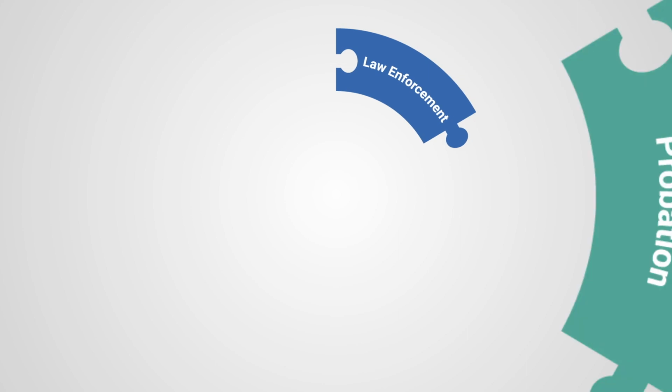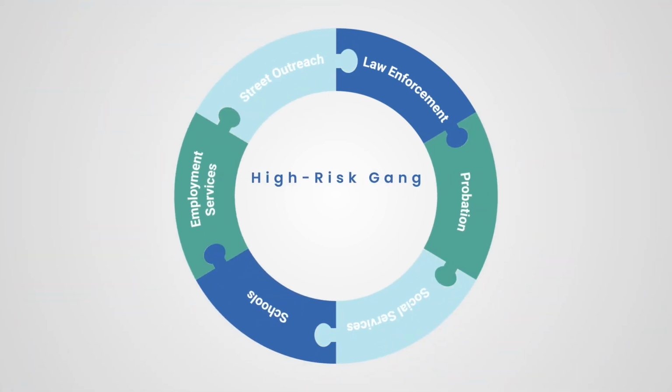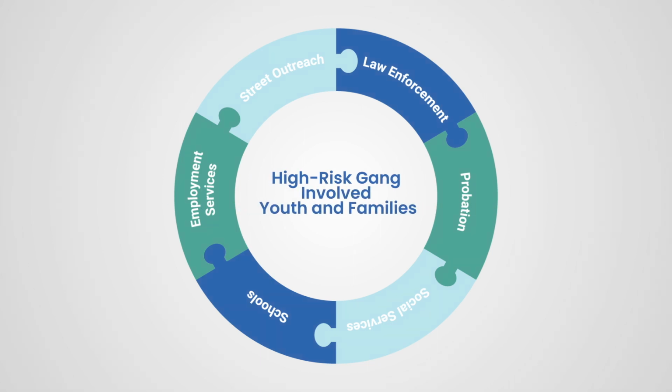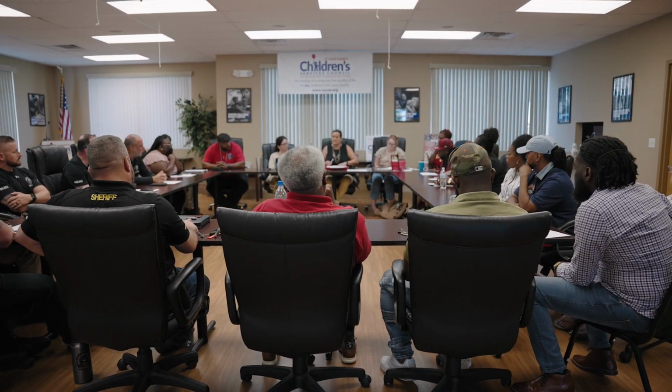Within the framework of the model, the intervention team is the primary mechanism for delivering intervention services to youth that are heavily involved in gangs. This multidisciplinary team is composed of representatives from law enforcement, probation, social services, schools, employment services, and street outreach. The intervention team's primary role is to create a gang disengagement plan and link youth and their families to needed services. Through a team-based case management approach, coordinated services are matched to the youth based on their specific risk and